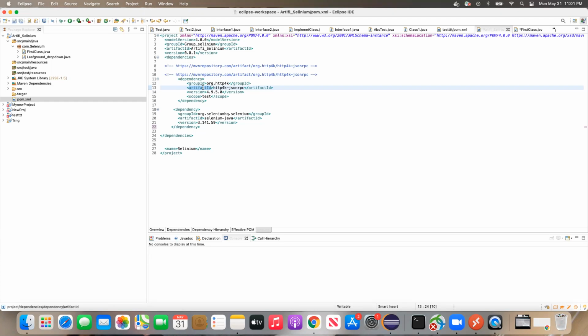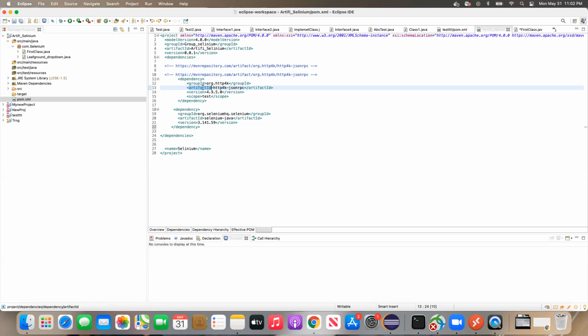Kritik, what do you mean by that? Line number 13. Sir, when we need some features, we download them from the central repository, and HTTP4K is a package that they have created and are sharing with the community. So that's the name of the project.